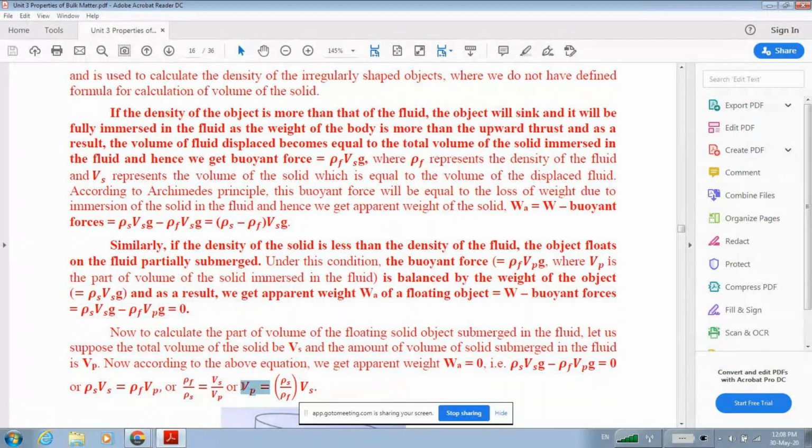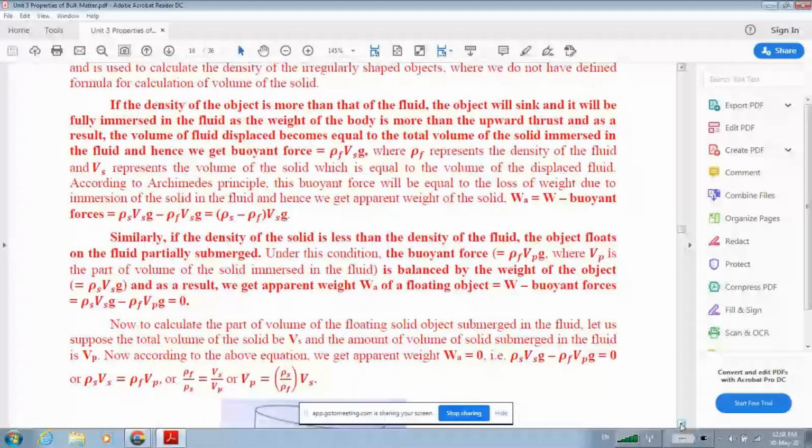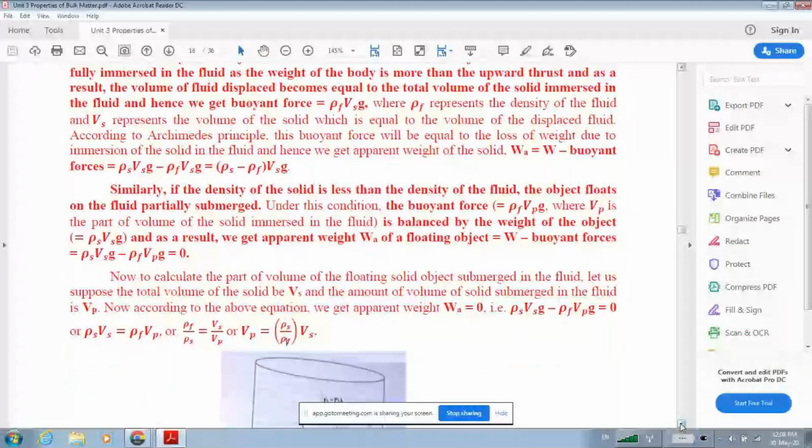So this is the equation for how much part of a floating solid object is immersed in the fluid. So this is about the Archimedes principle and buoyancy. Therefore, we can conclude that in case of a solid object partially or fully submerged in the fluid, we have buoyant force equal to